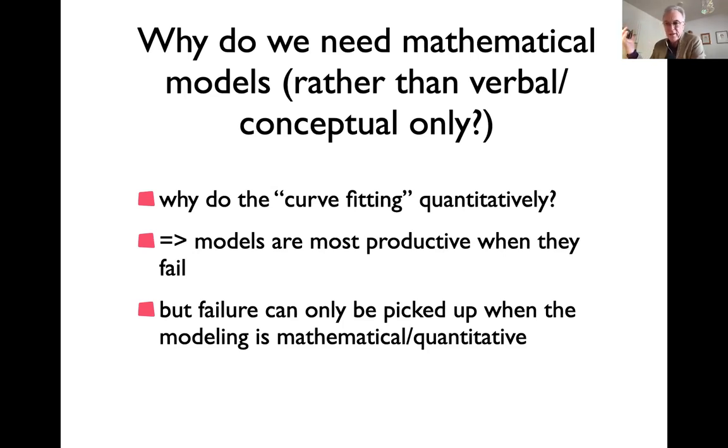And there are lots of models like that in the literature, where people make a drawing, have a sort of an image in their mind. They call it a theory, but they are not mathematically formalized. And ultimately, the message is the quantitative aspect is very good to pick up failures of models. And when you make a mental model, you're actually strongly biased to just look at the aspects that are right, and it's not so easy to point out aspects that are wrong about the model. When you try to fit it quantitatively, then you will be confronted with that.